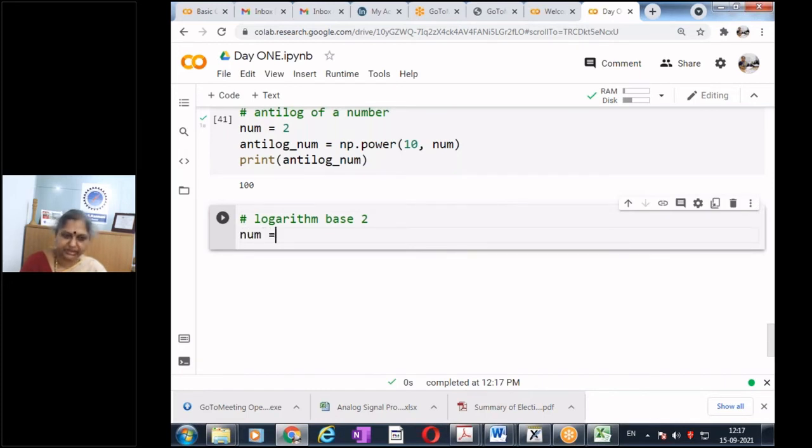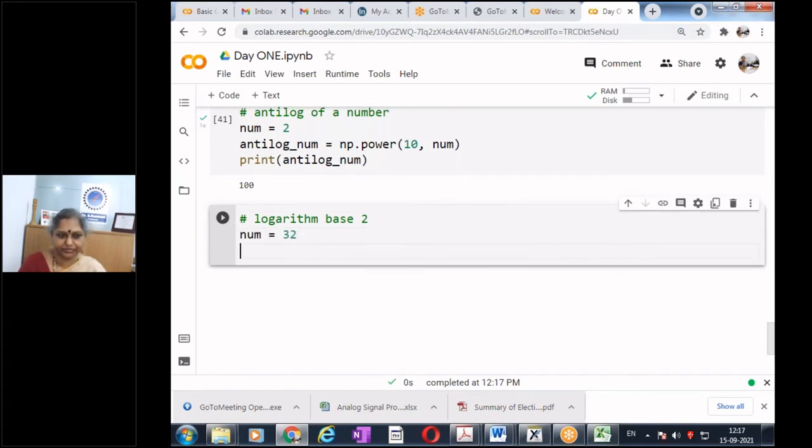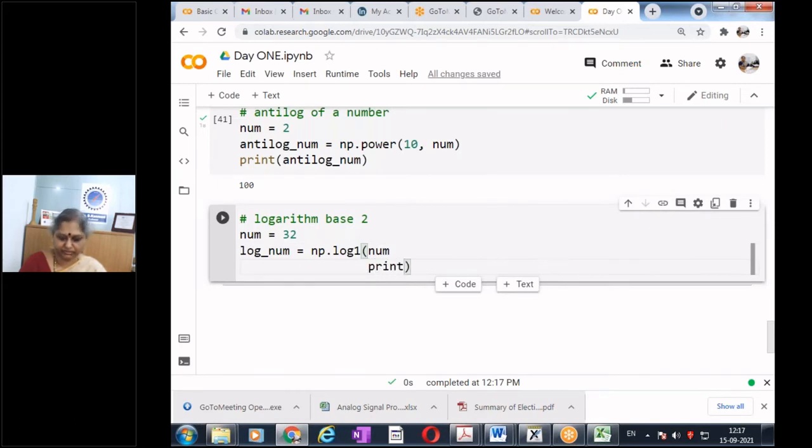Let us say my number is 32, and then log of my number, but I want base 2, so I will do np.log2 of my number. Please remember, in Python, indenting is very, very important. If you give some extra space in the beginning, it will give you an error. Yes, print log num.